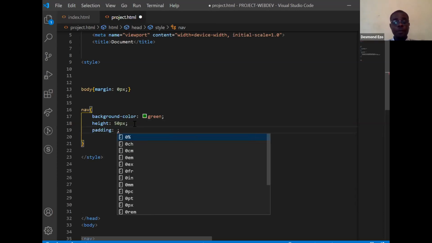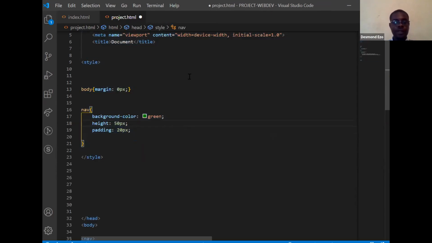Padding adds up. So padding and other dimensions add up. So if I have a height of 50 pixels and I have a padding of 20 pixels, it will add up. You will see that it will increase. So I have a height of 50 pixels and a padding of 20 pixels. Let's see what happens. Save, Control S. So it adds up.